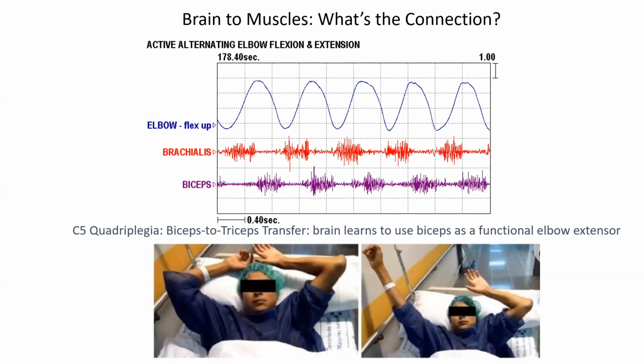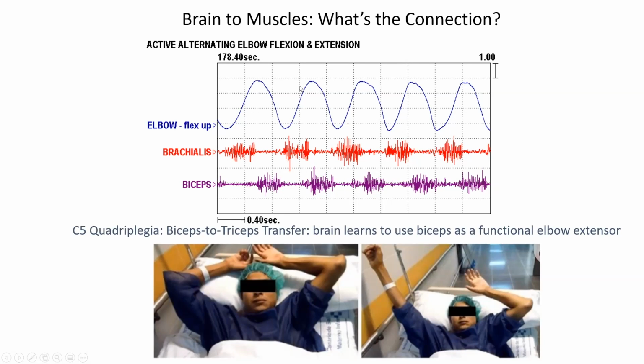The last thing I wanted to present was a patient who is flexing the elbow, extending the elbow, basically doing alternating flexion, extension, flexion, extension. And here's the brachialis. The brachialis is an elbow flexor. The EMG is activated during flexion phase of the movement. It's off during extension phase, on during flexion phase, off during extension phase. So the brachialis is on, off,